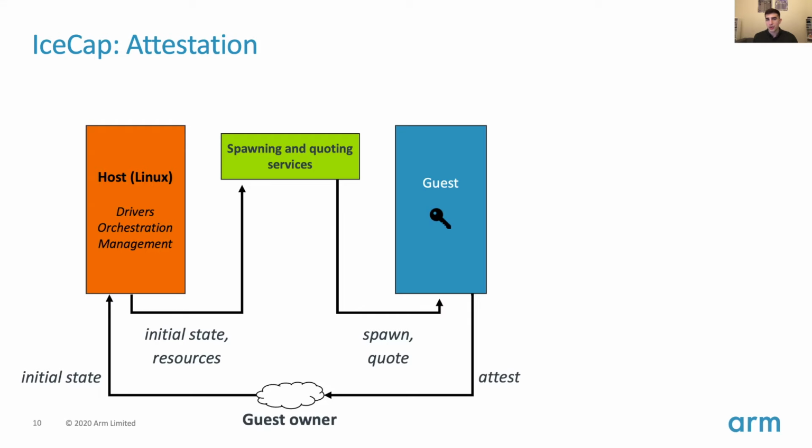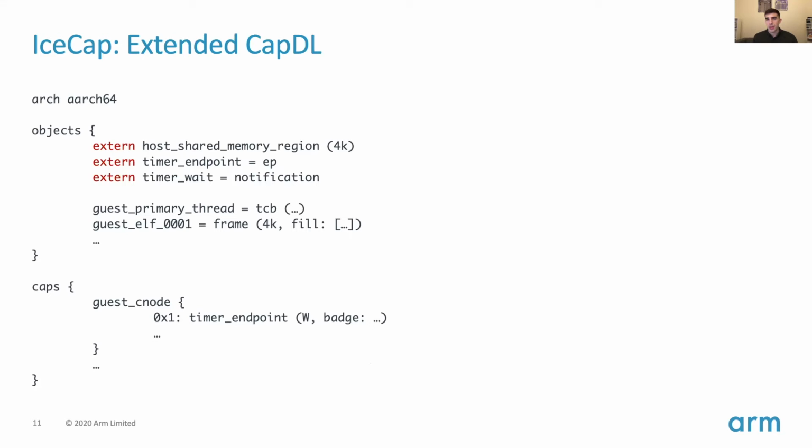The guest owner defines the initial state of the guest using an extended version of CapDL. CapDL stands for Capability Distribution Language. It's a language and set of tools for declaring, analyzing, and realizing the state of objects and distribution of capabilities in an seL4-based system. The variant of